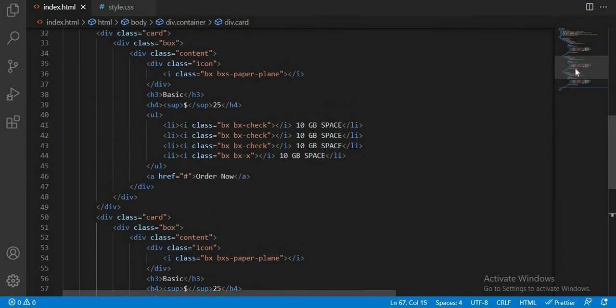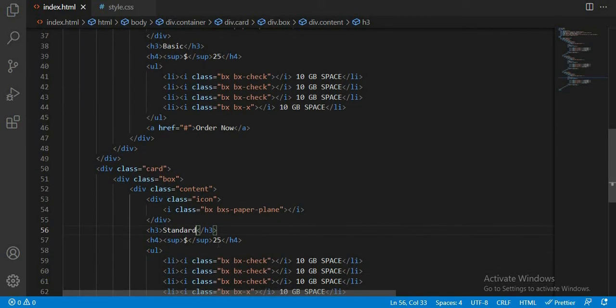So go over here and we're going to change this from basic to standard. Also, we're going to increase the price. So let's say $50, and we're going to increase this. So let's say 20 gig of space,